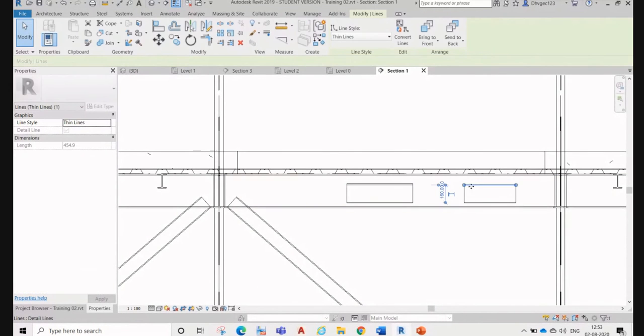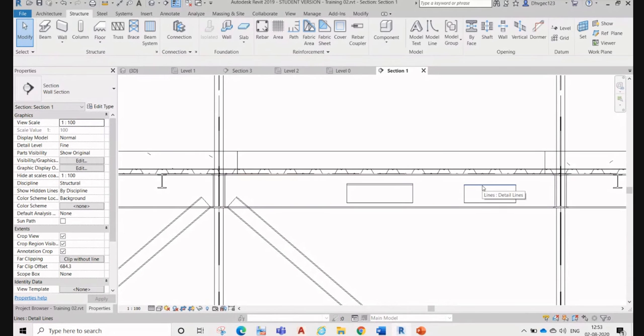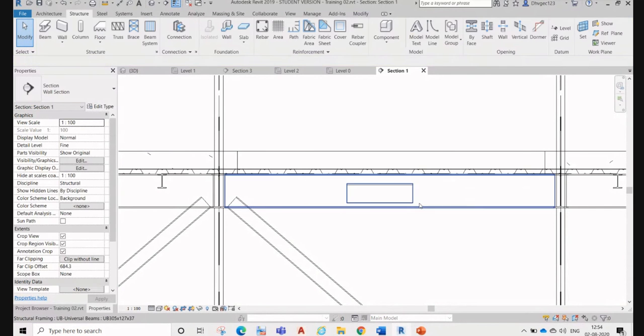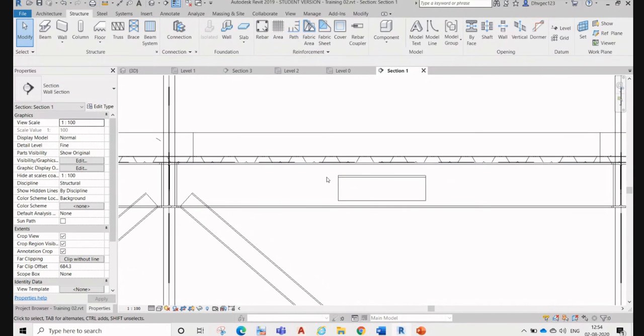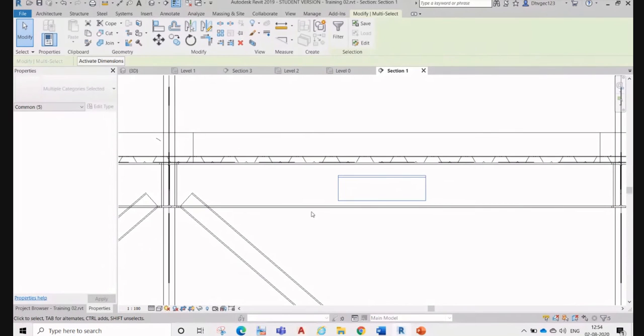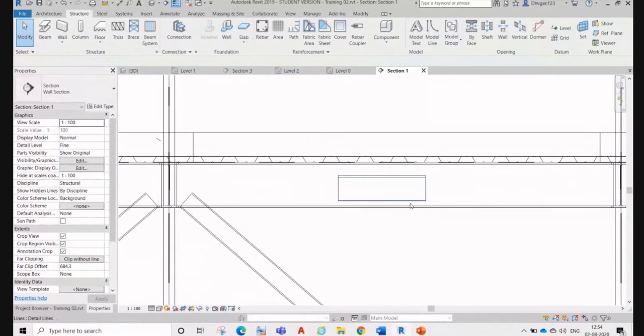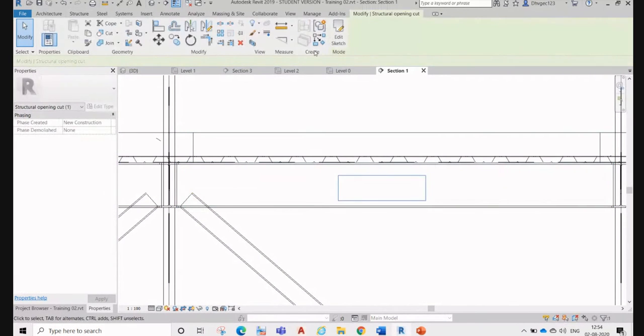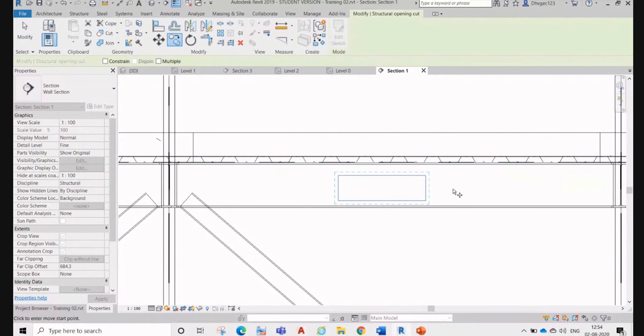Then select one, go to the tab. It will select the whole loop and delete. So same with this one, right? So what we can do, okay, you can copy it. You can select this opening and then copy it over there.